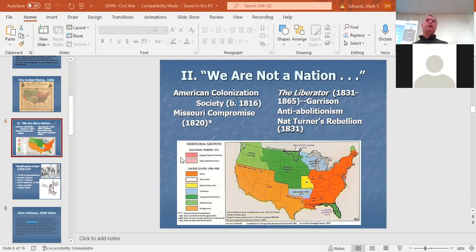That question is settled. But as we left off, the rise of an abolition movement in the North and Nat Turner's rebellion in the South, which brought on a much harsher form of slave discipline, meant that the slavery question was not going away. The slavery question was going to become more central to divisions between the North and the South in the future. However,